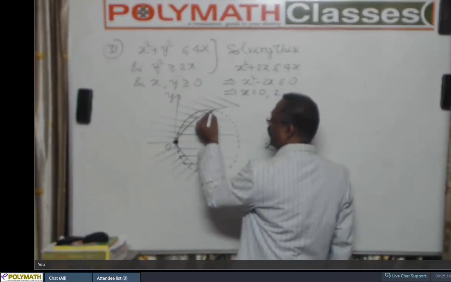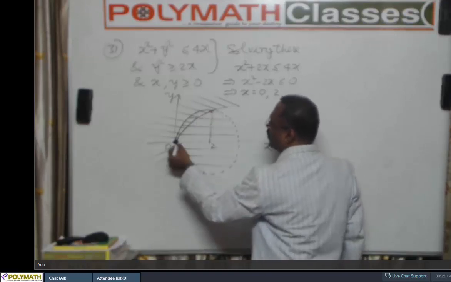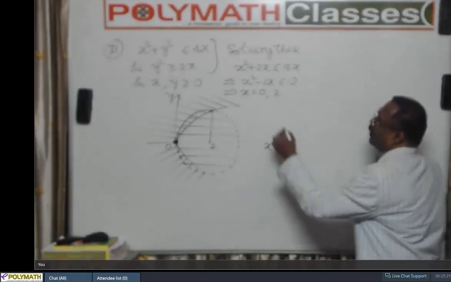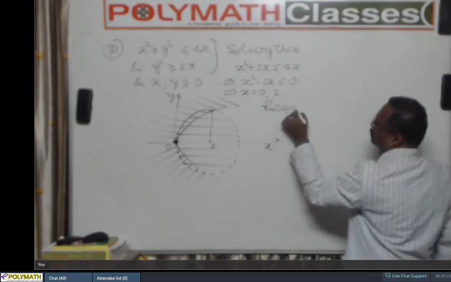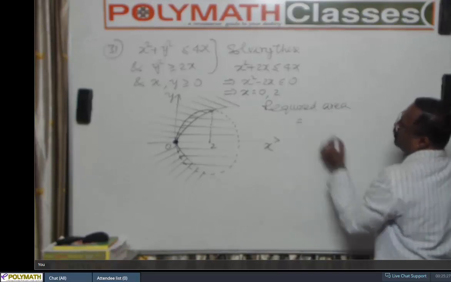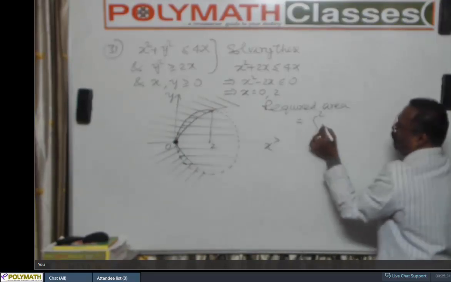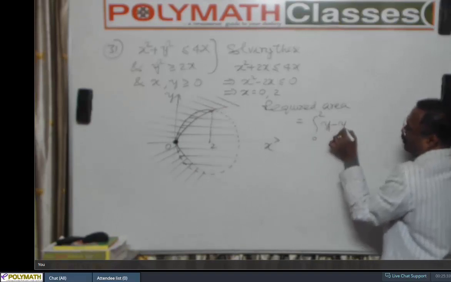We need the area bounded between these two from 0 to 2. So the required area is equal to the integral from 0 to 2 of upper curve minus lower curve,